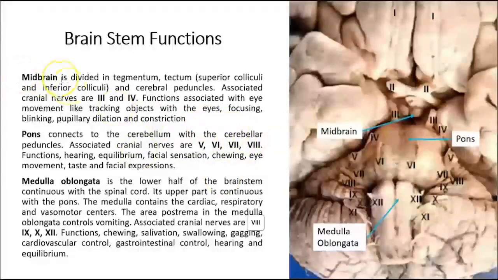The midbrain is related to cranial nerve number 3, oculomotor, and cranial nerve number 4, trochlear. These two are very important for functions that relate to control of eye movements, blinking, focusing, pupillary dilation and constriction,